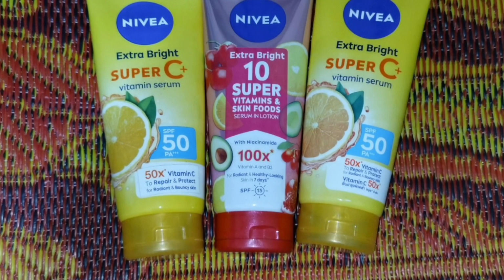For the Super C, I've been using it from 6 March 2024 to 19 May 2024, which is equal to 2 months and 14 days. For that amount of time, I used 2 tubes of the Super C. Now, I should note that I only used the first tube of the Super C as sunscreen for about 23 days. That is from 6 March 2024 to 20 March 2024, because after that, I switched to waterproof sunscreen. And for the rest of tube 1 and 2, I used it as nighttime lotion with